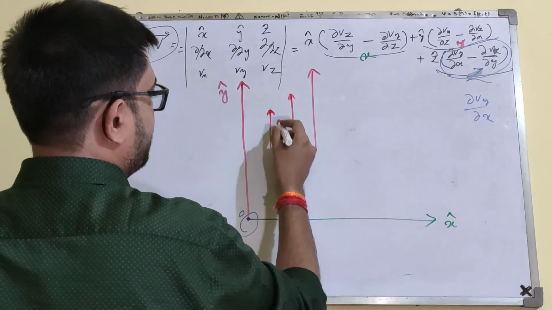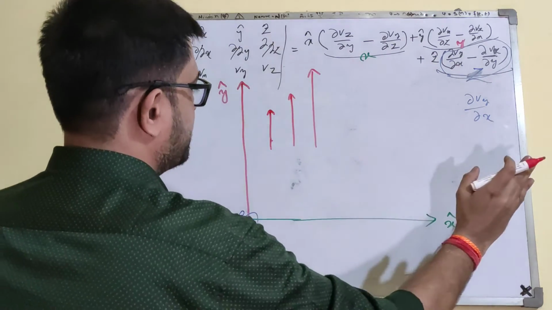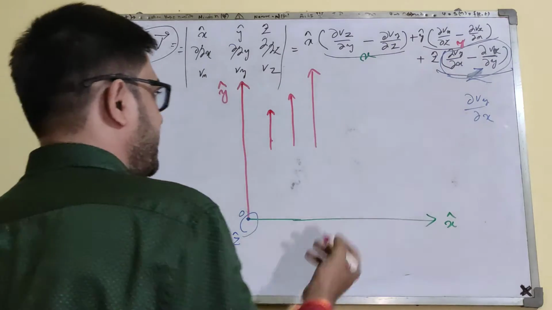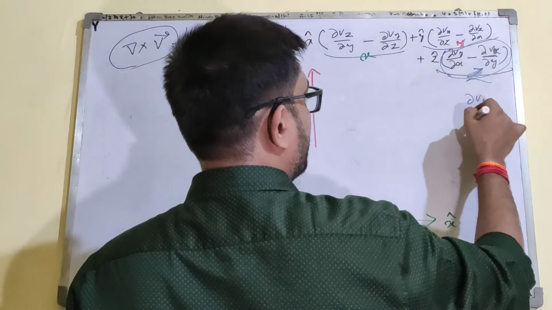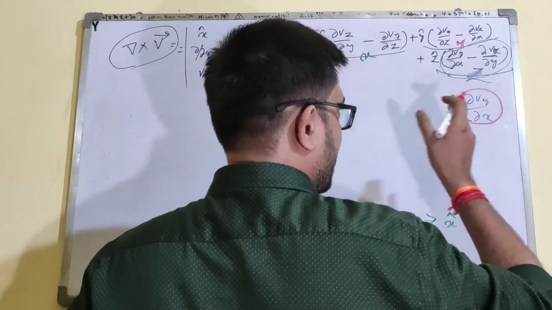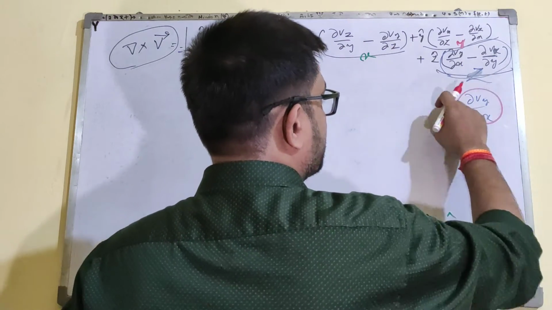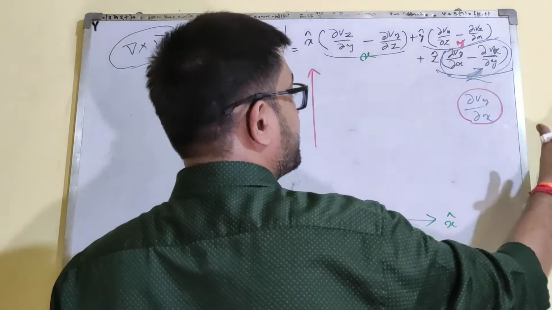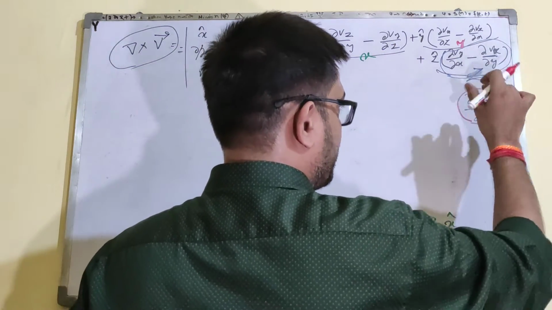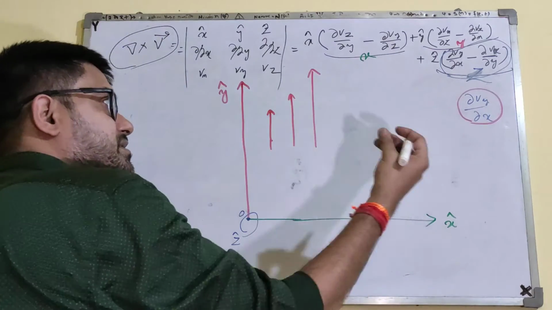You can see that vy is increasing as x is increasing. Okay, y could decrease also, no matter, but then I want to keep del vy by del x as a general expression. I want to keep it positive, so that I don't have to use a sign for it, because if del vy increases with the increase in x, then del vy by del x is positive. So that is the general expression.